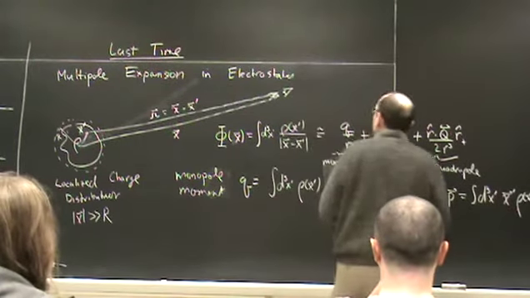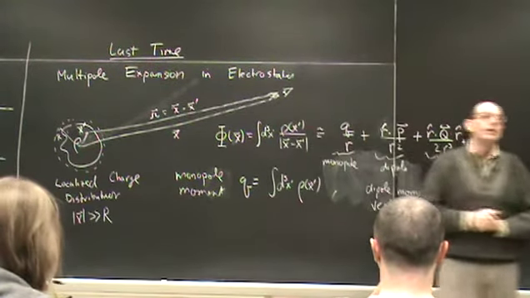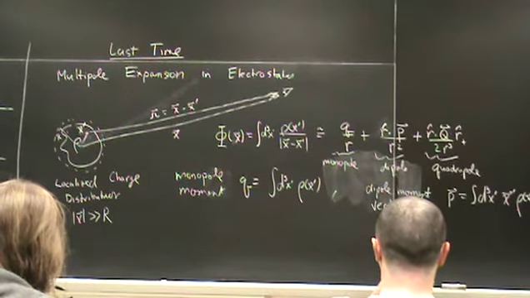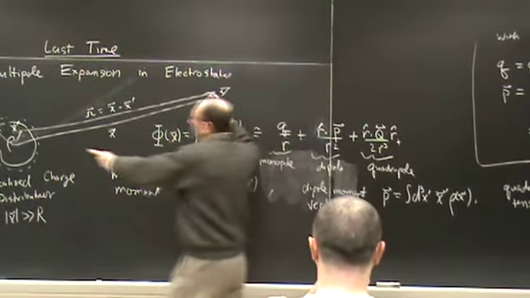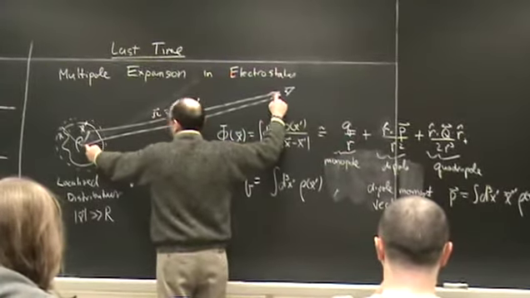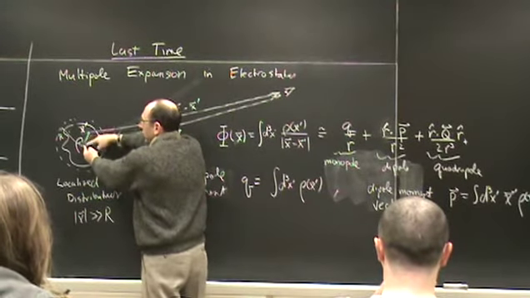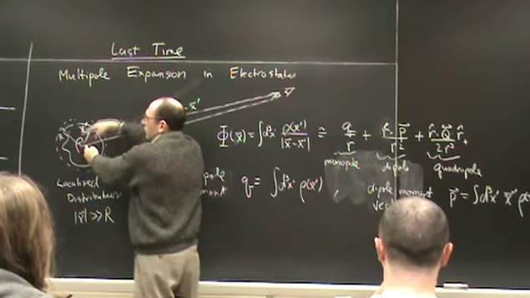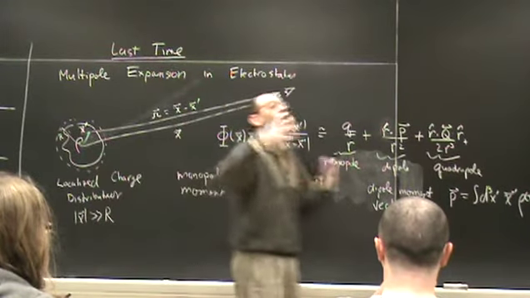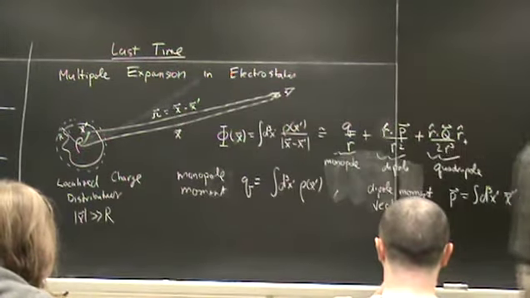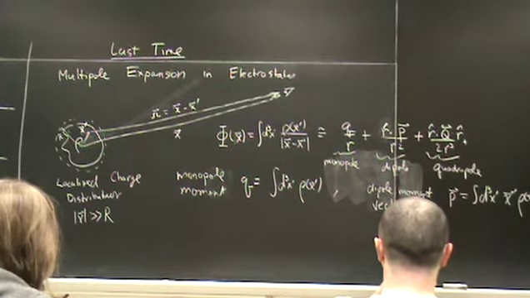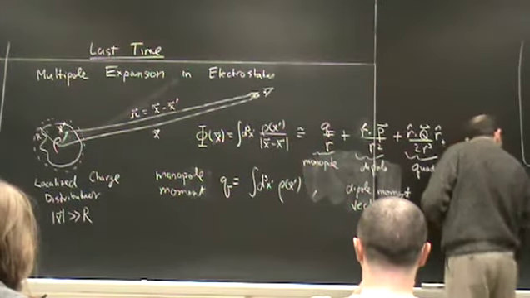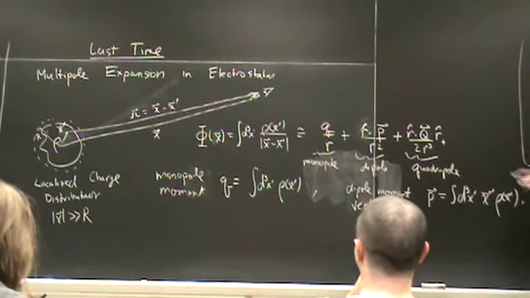And when that is the case, then we can take the exact expression for the electrostatic potential and do effectively a Taylor series expansion when the distance from the origin to the point of observation is big compared to the distance from the origin to a point in the distribution, for all points in the distribution. Okay? And what we found last time was that we can write that expansion,